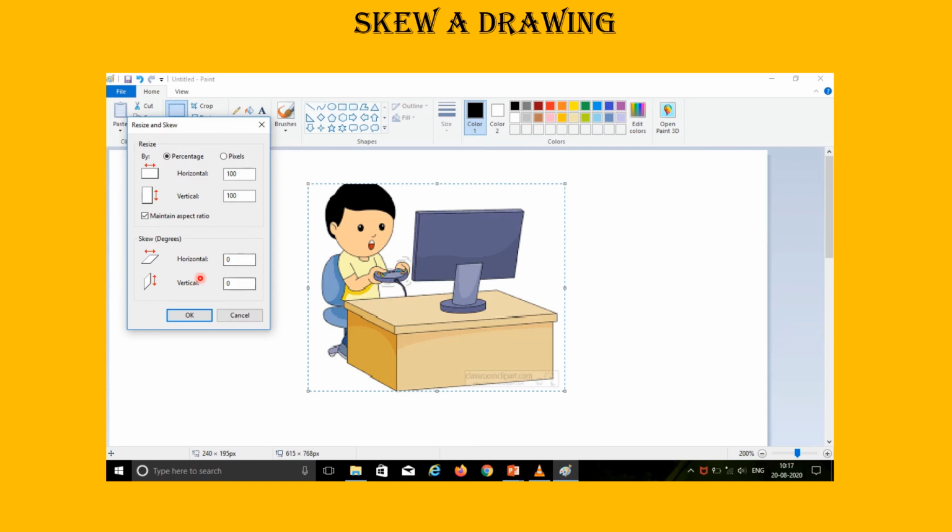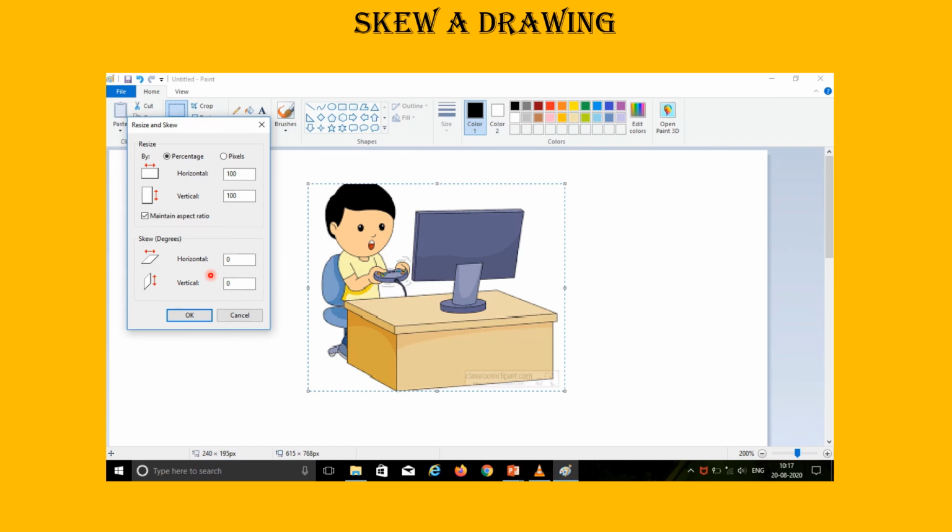In this we are going to skew a drawing, so we are using the skew area. In this skew area, type the amount in degrees by which to skew the selected area of your drawing in the horizontal or vertical box.